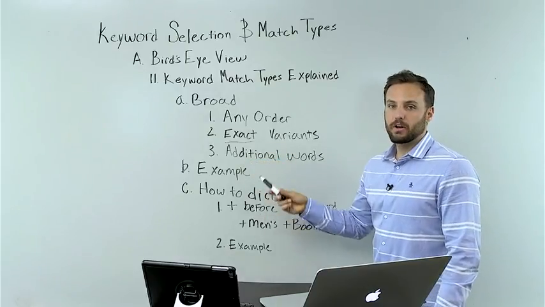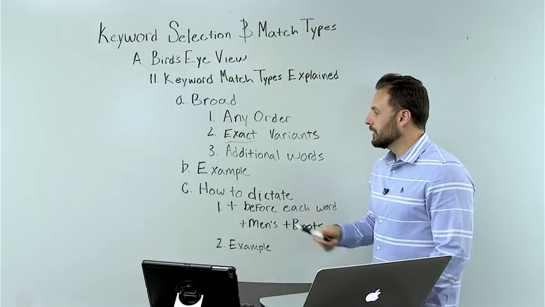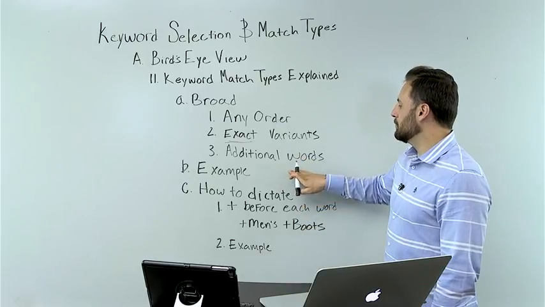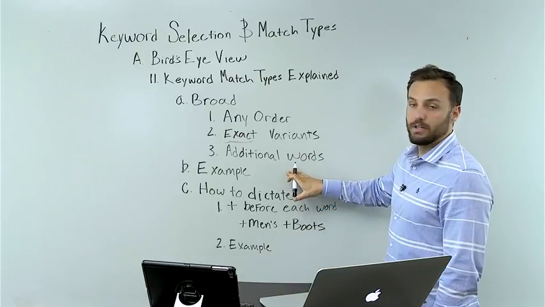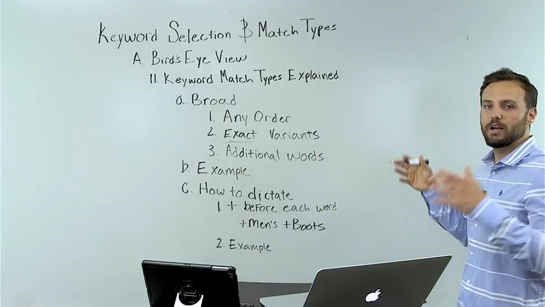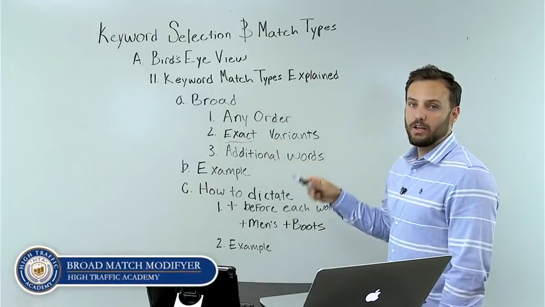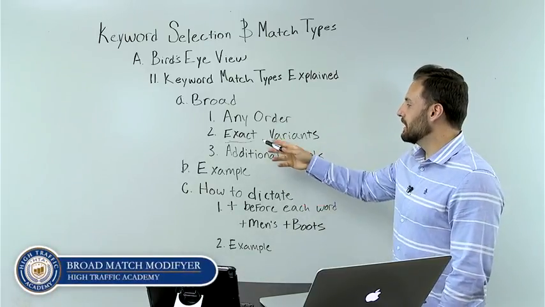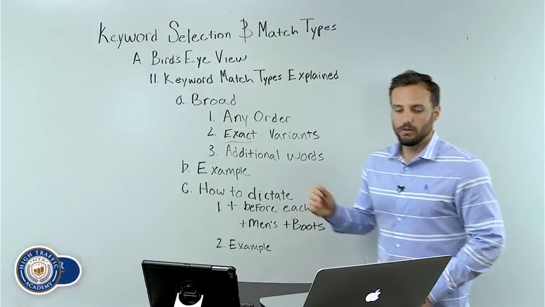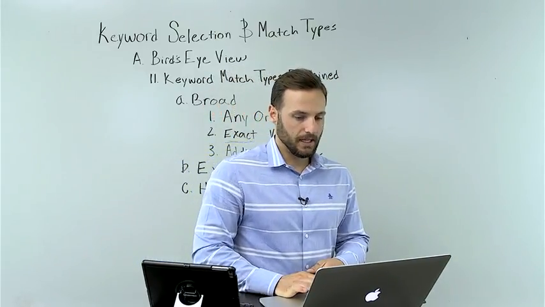And point number 3 is there can be additional words in the key phrase that the user searches. So it obeys a lot of the same rules as a broad match, where it can be in any order and it can have additional words in the user search query before, after, or in the middle of whatever keywords you're targeting. But the actual keywords that you're targeting that you qualify as required must be pretty much exact variations of that same keyword. So let's go to Google's site again so I can show you the examples that they are listing,